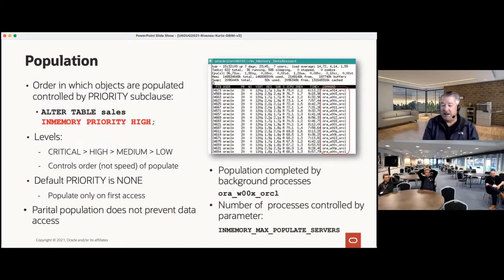Population is done by background processes, or W processes. You can see I put a red circle around a top session there. Bottom line is you can adjust the number of processes that do population. So for instance, if at database startup you want to get all of the data populated in the column store before you let applications access that data, because perhaps you don't want anyone querying the data and not having it in memory, because it'll be slower and will affect your SLAs,